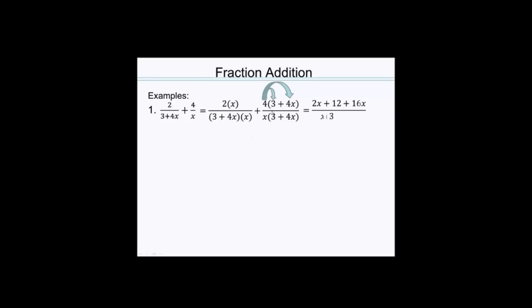So take a look. 2 times x is 2x, but then 4 times 3 is going to give you the 12, and 4 times 4x is going to give you the 16x. That's the distributive property of multiplication over addition. And then we want to add like terms together. So 2x and 16x are like terms, which will give you 18x plus 12, divided by x times 3